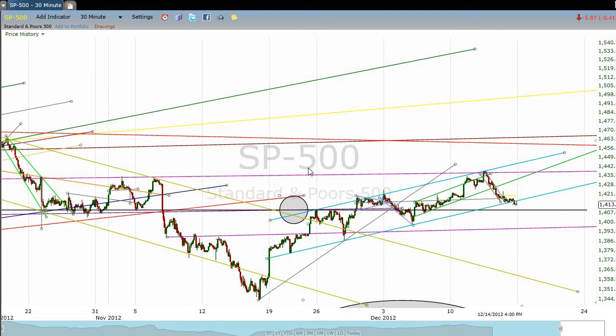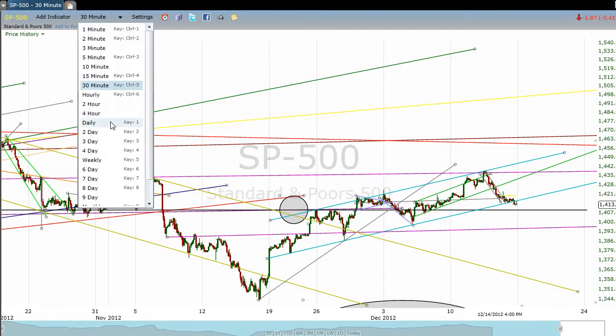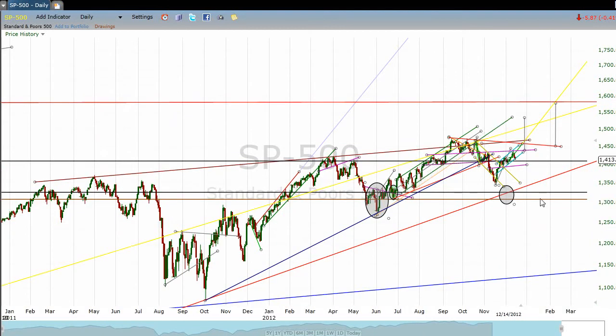If we get over 1440, then we have a confirmed inverted head and shoulders pattern. If we break down, and we've got a good ways to go before we get to the breakdown, but if we were to break down under, let's say, 1360, 1370, then we could be looking at a confirmed head and shoulders top of a greater magnitude than what we've seen in the past. So, guys, I think that about does it.